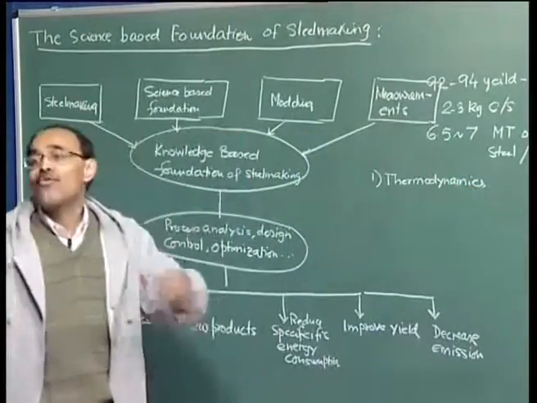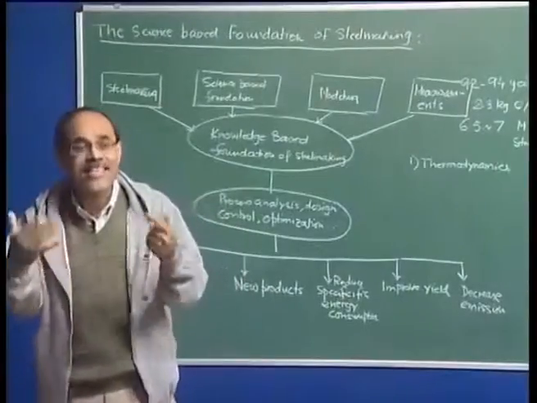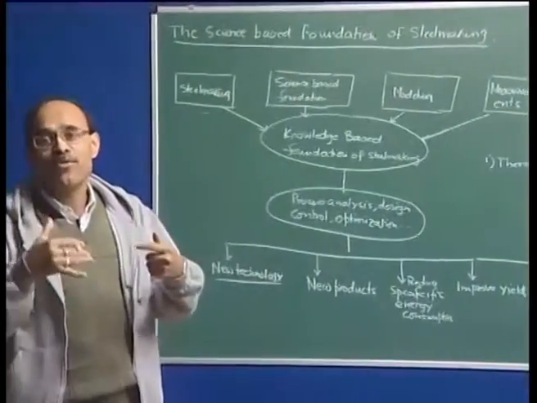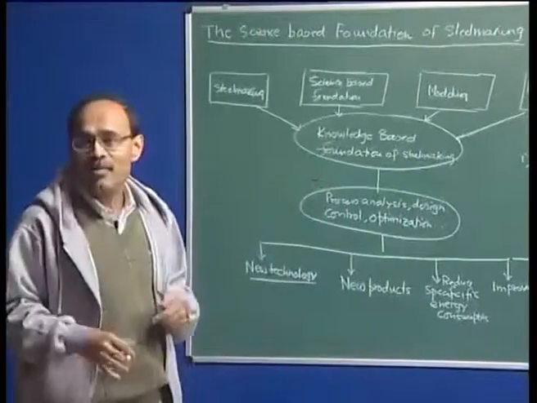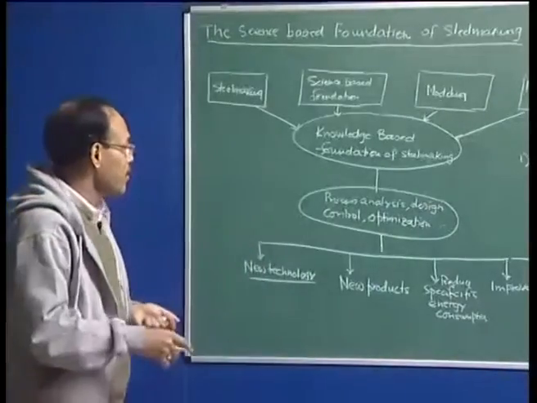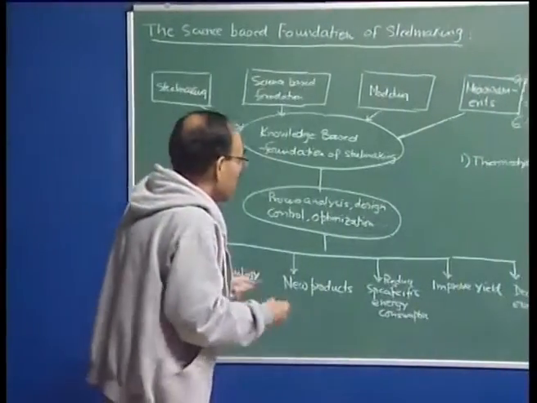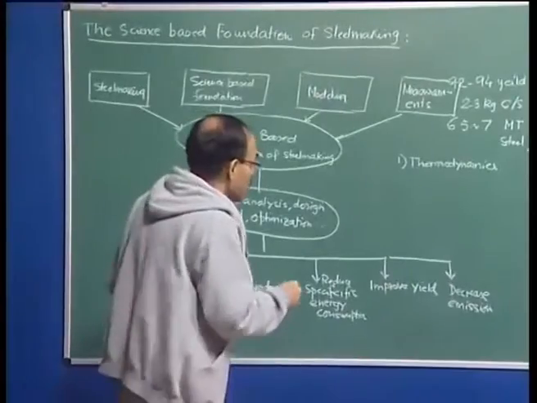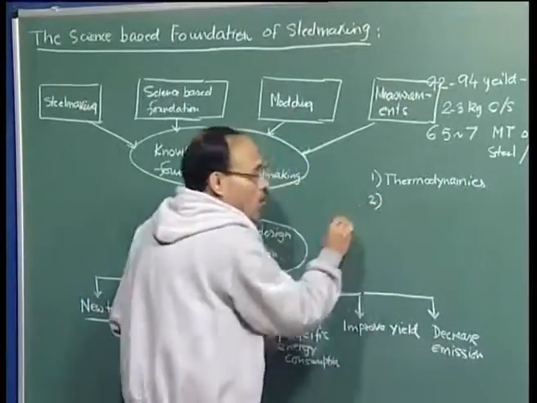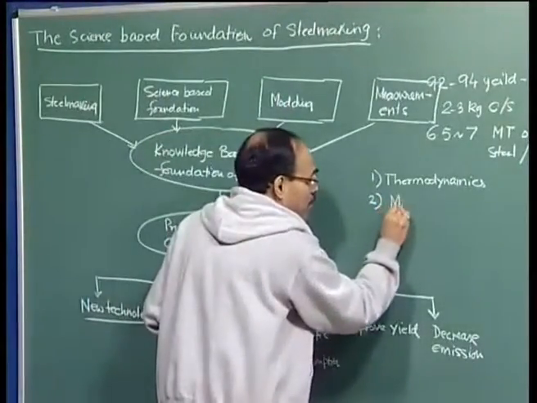that is why before a student takes a steel making course, it is so important for him or her to know about metallurgical thermodynamics, which is introduced at the second year level or the beginning of the third year level in an engineering program. We have to know about metallurgical kinetics,